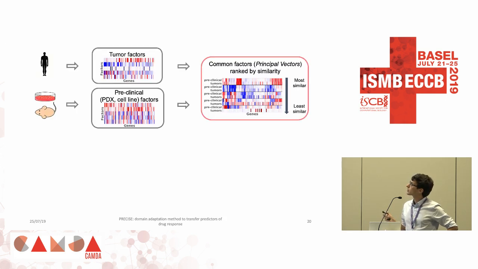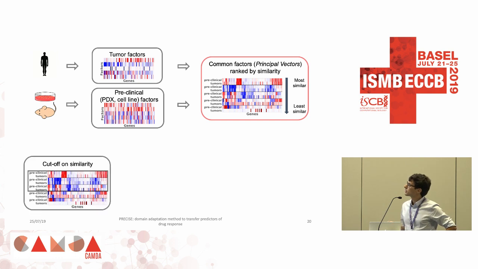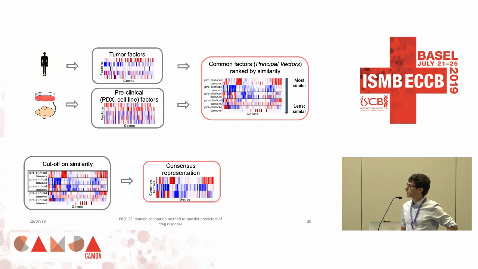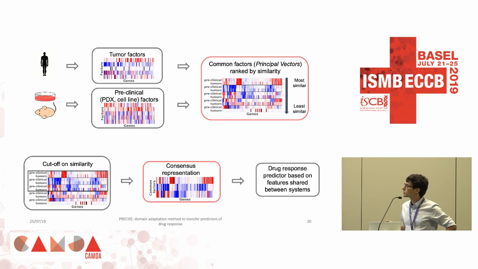So to sum up the consensus representation, we start back from these principal vectors that I exposed a few slides back. We perform a cutoff in similarity, so we just discard information that is irrelevant, so these principal vectors that are enriched for immune infiltration or extracellular matrix. Then we perform this interpolation and this consensus representation computation, and now we will project all of the data on these consensus factors, on these common factors, in order to train a machine learning model that will predict the drug response on cell lines and hopefully transfer on human tumors.